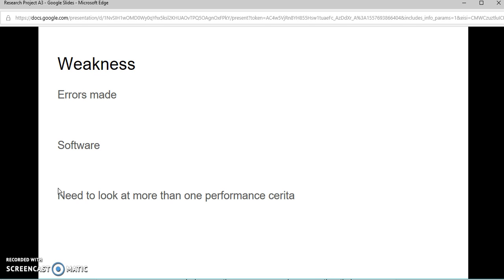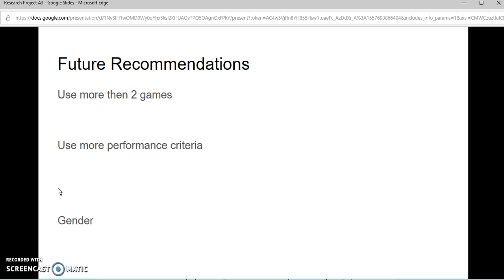But if this can't happen, then sticking with Dartfish will be the best, because after using it once, we are familiar with it and it will help speed up the project because we wouldn't have to have any sessions on how to use Dartfish. Lastly, the future recommendations. So, in the future, if I were to do another project on any type of sport, I would like to analyse